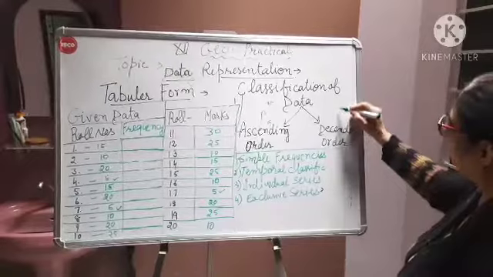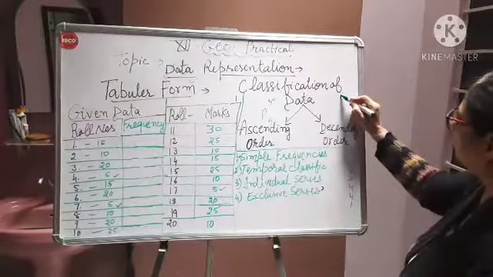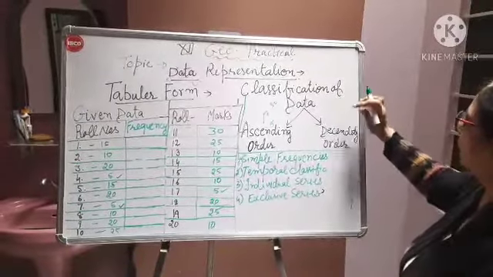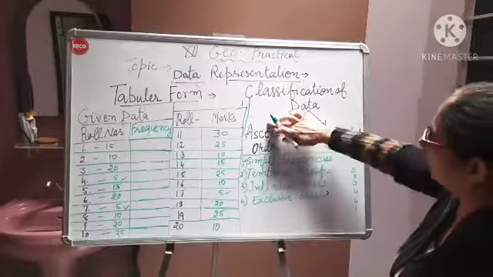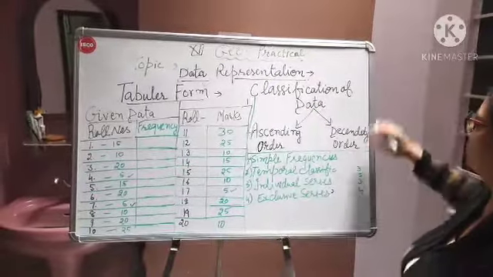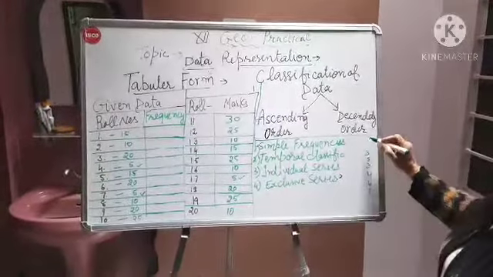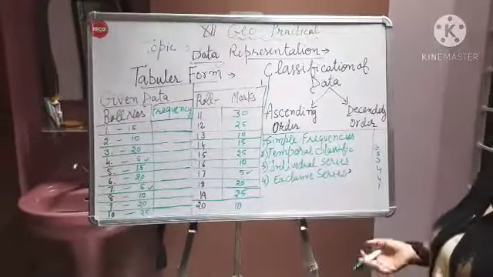And the descending order 5 would be, accordingly you have to manage. Ascending mean to say increasing and descending mean to say coming down. Accordingly you can take. And there is one more step for this practical.